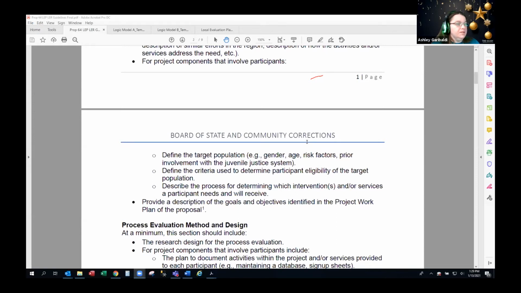So these will be the same or very close to what you put in your application. If those have changed or may have to, please reach out to discuss with Helene. If you're unsure, reach out either way, and that can be determined, because you are awarded on the goals and objectives, amongst other things, that you said you were going to work on. So if something changes and you're not able to serve a certain type of population, Helene and you will have to, and I will be part of that, work through what kind of changes or modifications will be allowed.